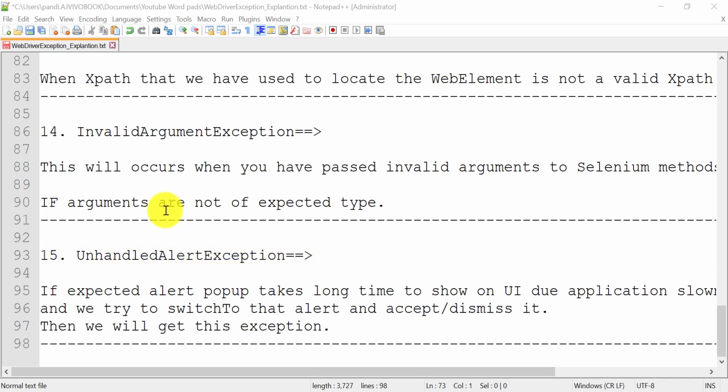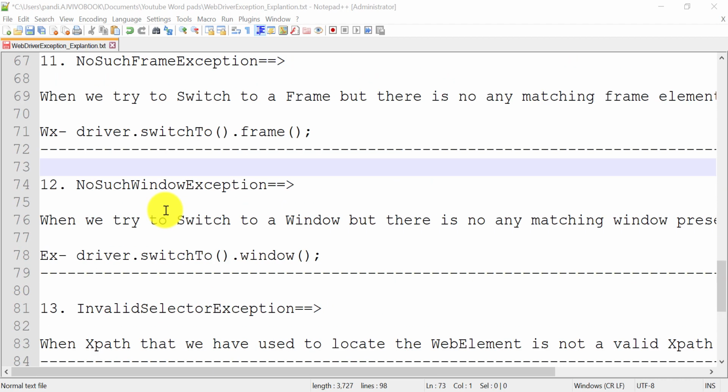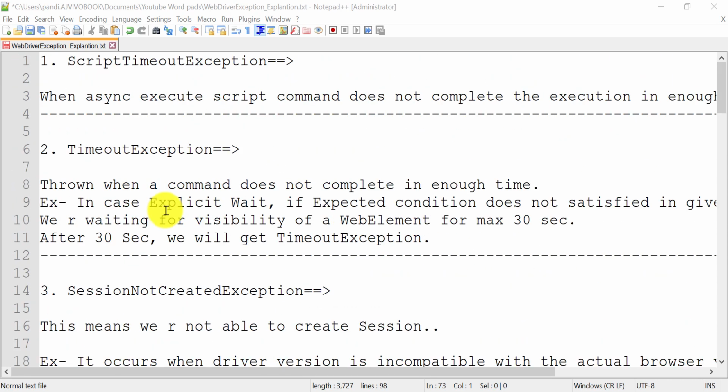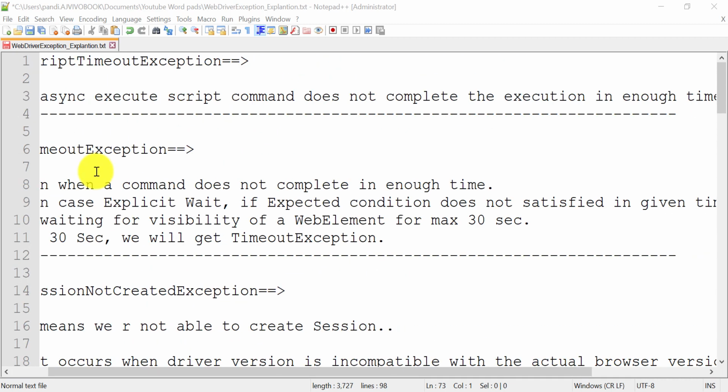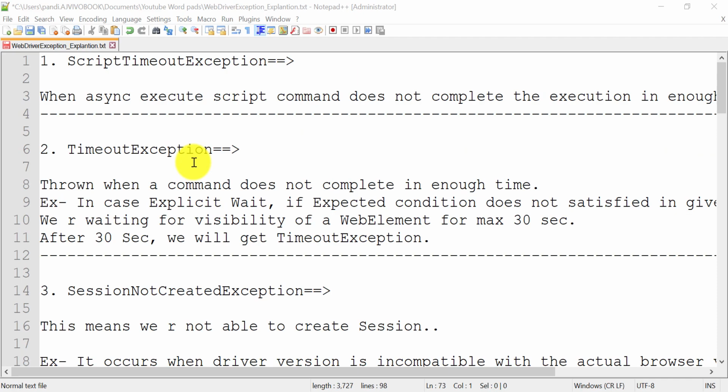So these are our top 15 WebDriver exceptions. You need to remember the names of these exceptions, because only the names will give you an idea what exactly each one is, and you can explain it accordingly in interviews. In our Selenium automation testing framework, you need to handle all these exceptions if you want to run your test case completely. You need to add exception handling code for all these exceptions, otherwise you will get the exception and your test case execution will stop at that time only.